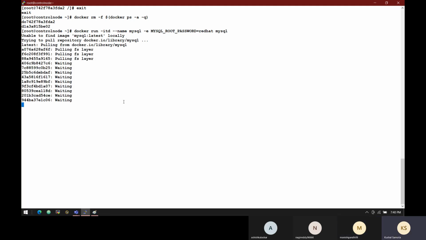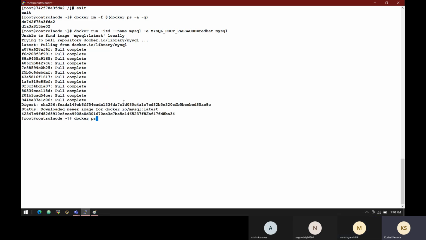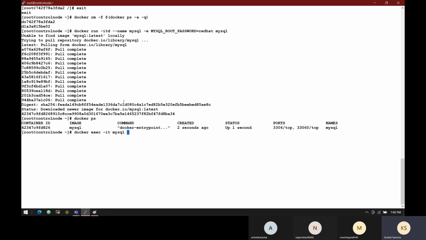So it is very easy to run MySQL, okay? Now this image is actually a daemon based image. See how many layers it is pulling. Docker ps, it is running. I can go inside the container and I can run MySQL